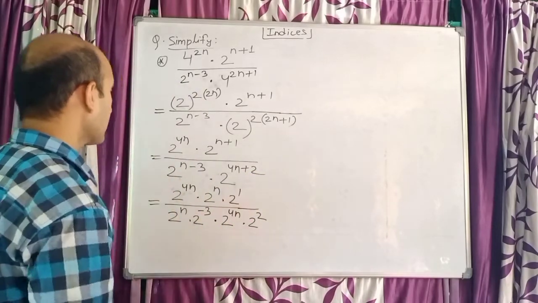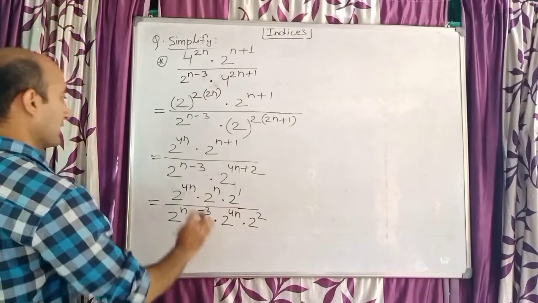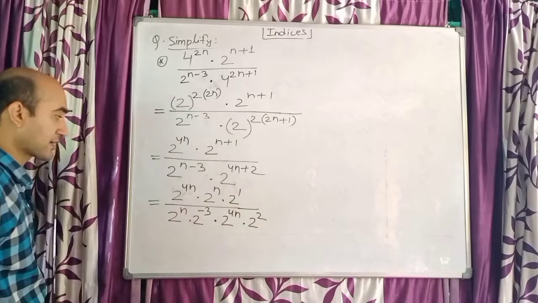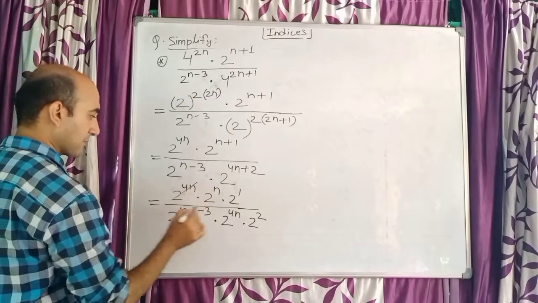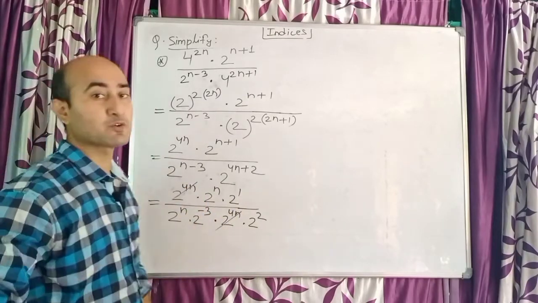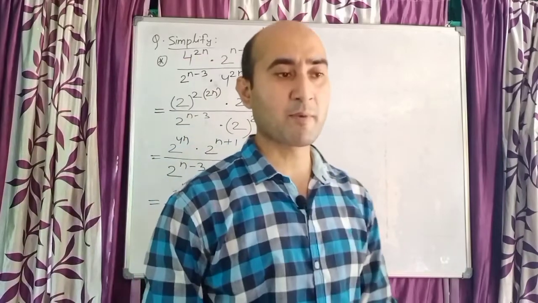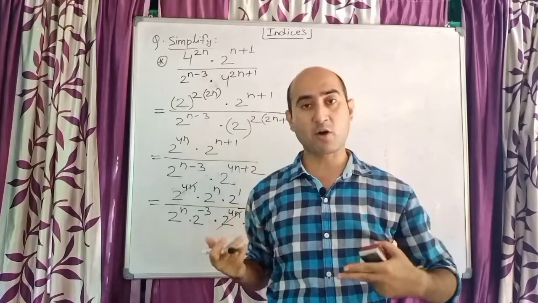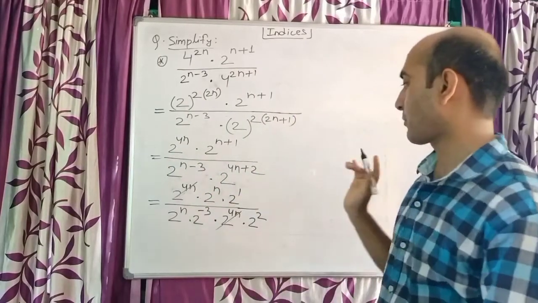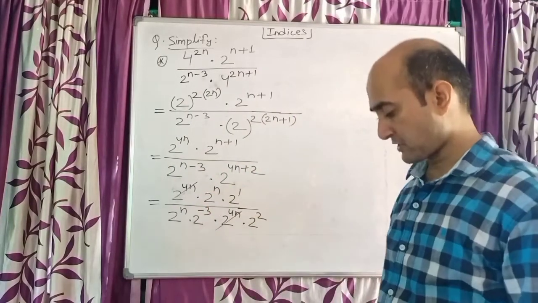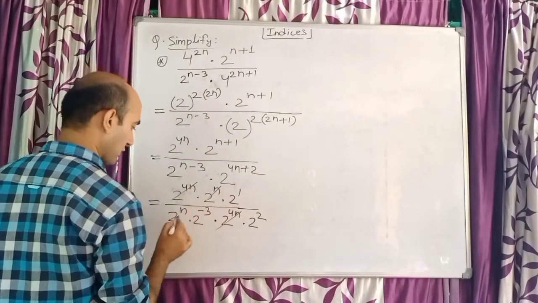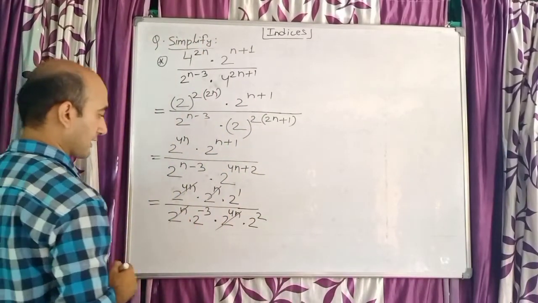After doing this, as you all know children, here we have all multiplication. You see in the middle everywhere it is multiplication. So similar numbers can be cancelled this way. No need to take common. When we take common, had there been plus in the middle, then we take common. But here there is nothing to take common because there is multiplication in the middle. So the same number we can cancel. I can see this one also can be cancelled. 2 power n, 2 power n.